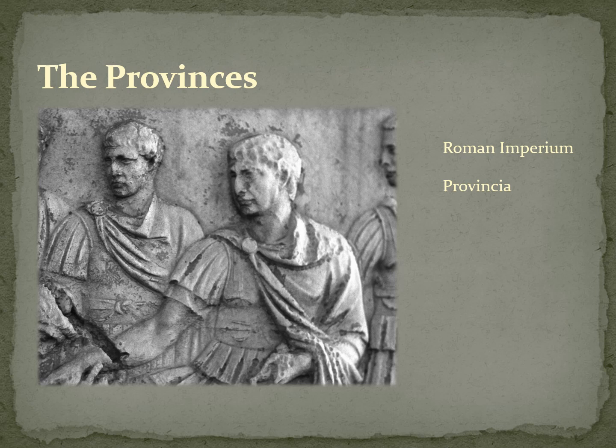Originally, when a magistrate, whether it was a consul or a praetor, was given command, he was oftentimes given command in a particular area. So for instance, if he was on a military campaign, he would be given concern over a particular area. Now, the word in Latin for concern over something is provincia, or province in English. As a matter of fact, we can still use it in that sense, even in English, okay?